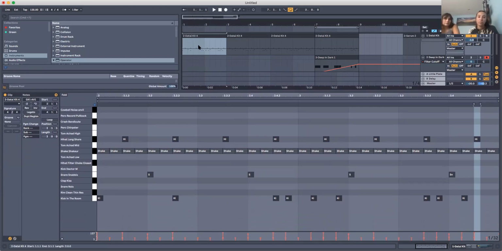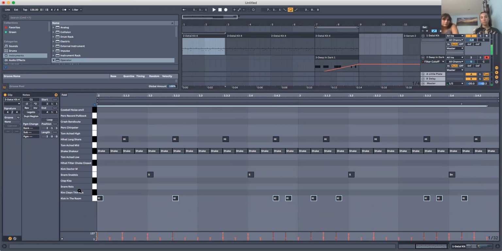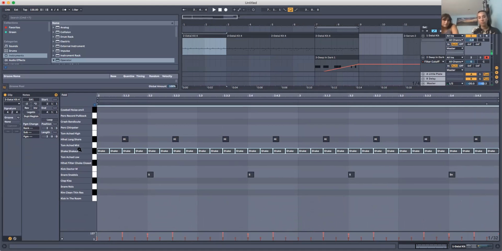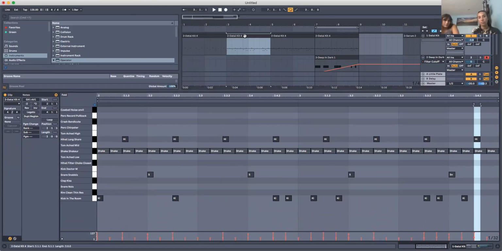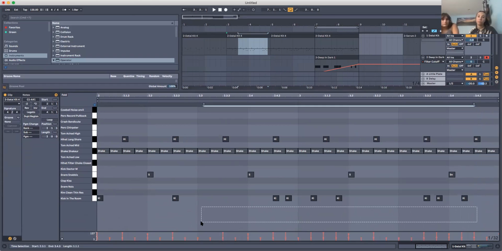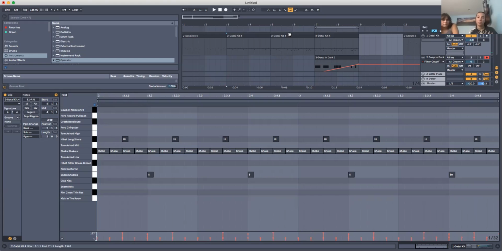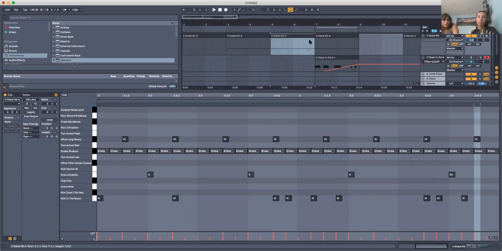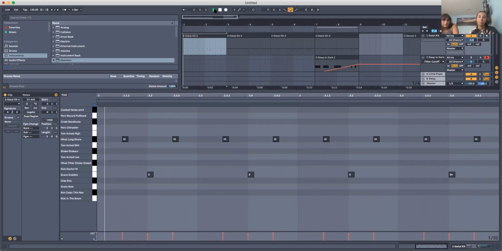So what I can do is, say at the beginning I want to take out the kick. I'll delete the kick, and I'll take out the shaker. And then number 2, maybe I'll only take out the kick. And number 3 has everything. So now it's kind of like starting stripped and slowly gets more intense. So if we sound it off, right? So it's a really quick way for you to be able to take an idea and